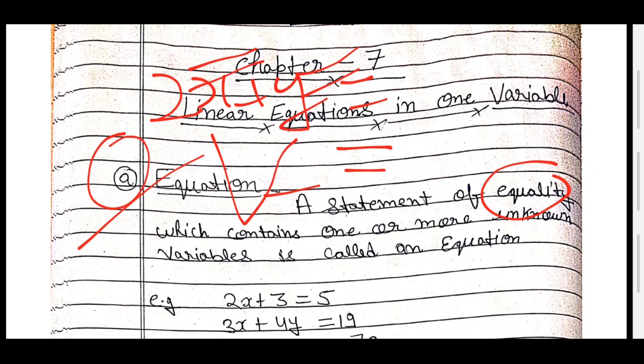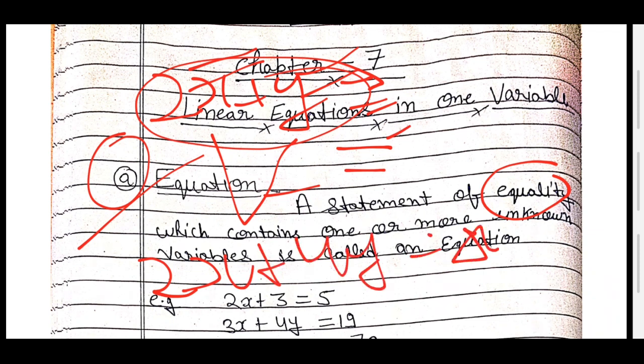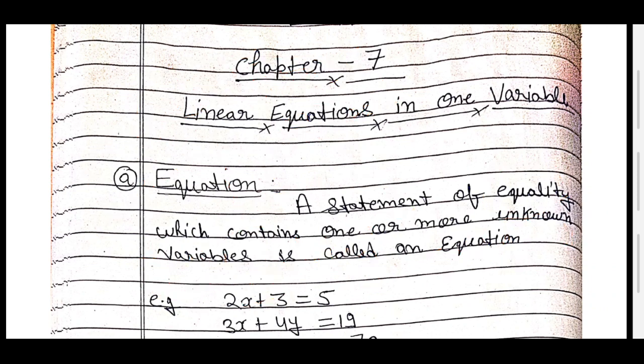So a statement of equality, you can say like 3x plus 4y is equal to 9y minus 2x. A statement of equality which contains one or more variables, they have two variables or maybe more than two, maybe 3, 4, 5, 6, it is known as an equation. So in simple words, we can say that an equation is a representation of some unknown variables using mathematical operations.